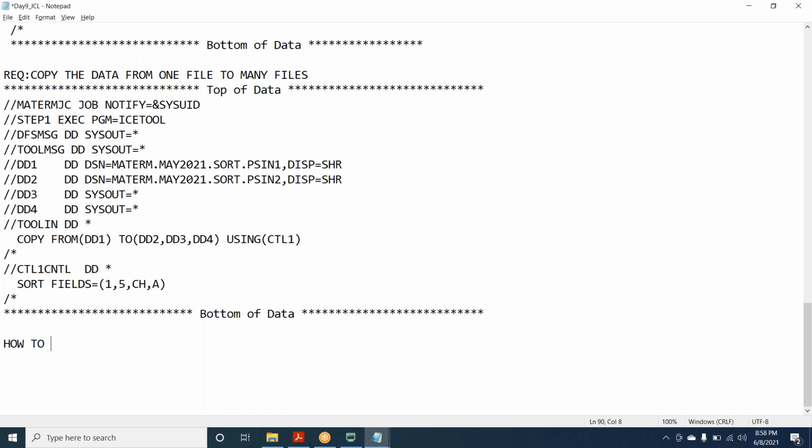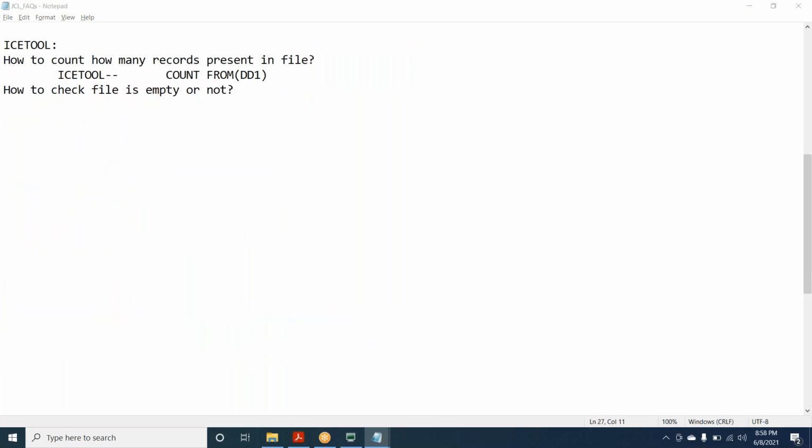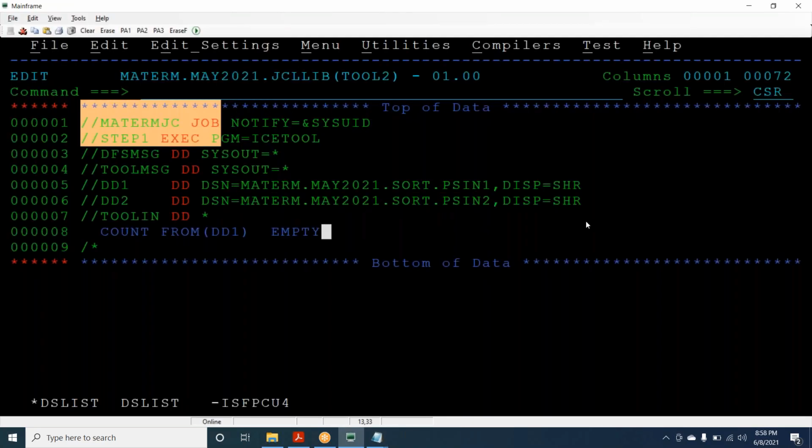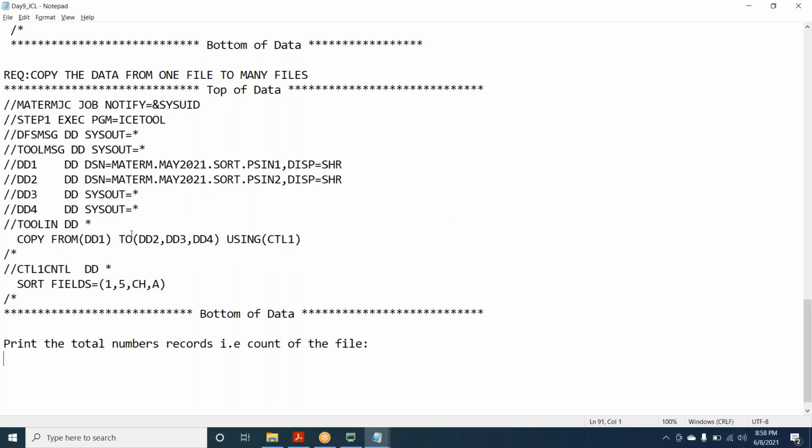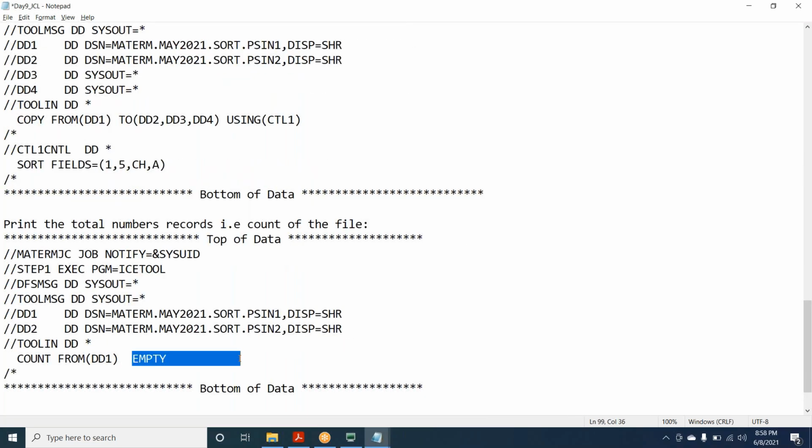Print the total number of records, that is the count of the particular file. What is the answer? The answer is this one. And I'll remove the copy. You got the count in this code.